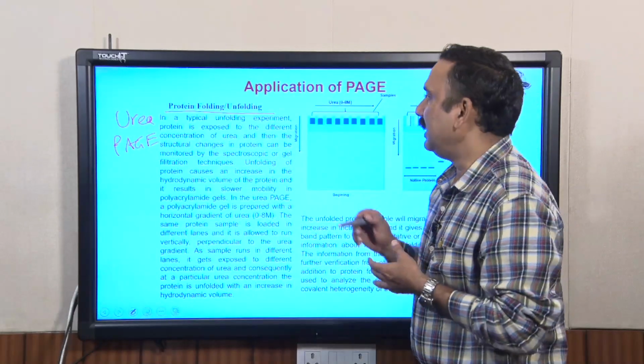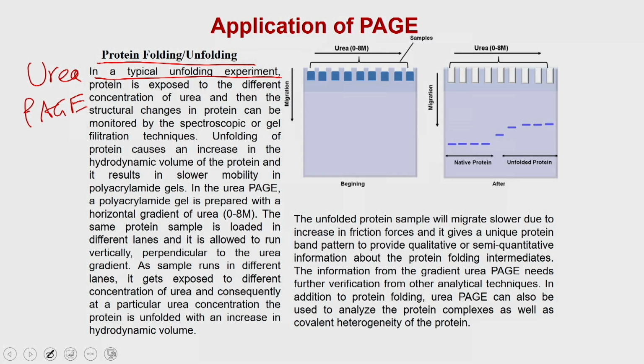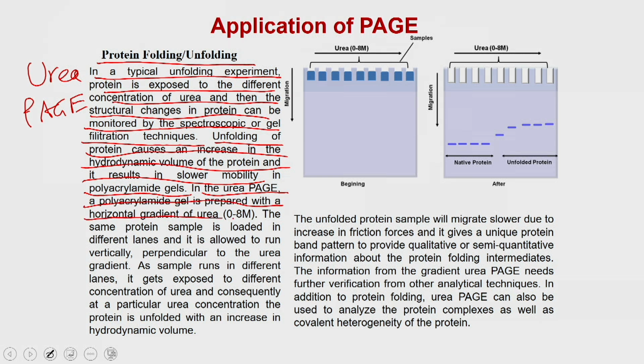In a typical urea gel experiment, the protein is exposed to different concentrations of urea, and the urea interacts with the amino acid residues, and that is how it denatures the protein, which can be monitored by spectroscopic or gel filtration techniques. Unfolding of a protein causes an increase in the hydrodynamic volume of the protein, and it results in slower mobility in polyacrylamide gels. In urea PAGE, a polyacrylamide gel is prepared with a horizontal gradient of urea,